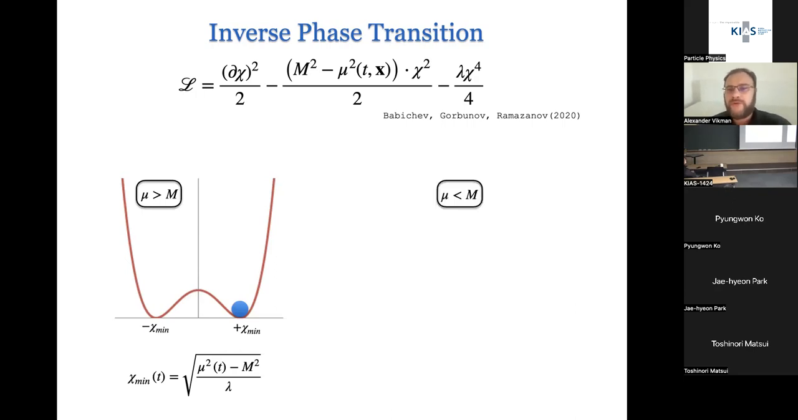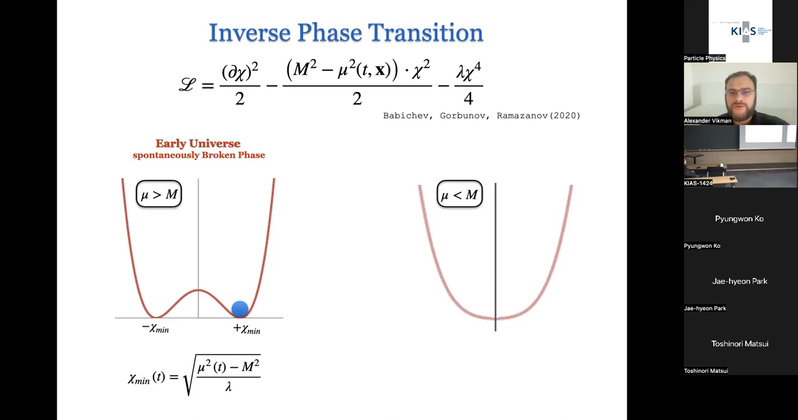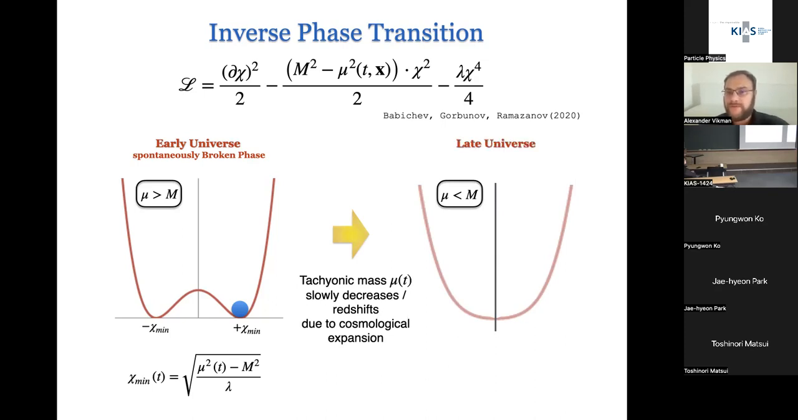So now let's consider when mu is less than m. And in that case, of course, the symmetry is restored. And basically, what is unusual in our case is that the picture on the left, when mu is larger than m, is the early universe. Then the tachyonic mass decays, so redshifts away due to cosmological expansion, and you appear in this picture, which is the late universe now. So in a sense, we flip the order of events with respect to standard cosmological phase